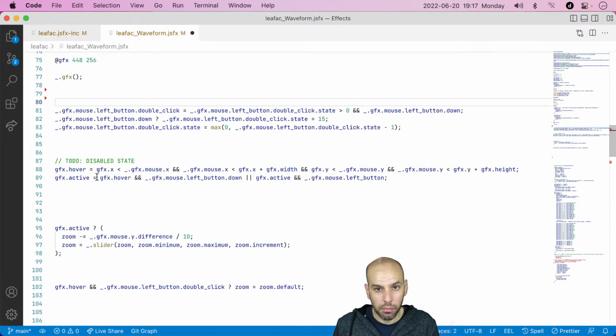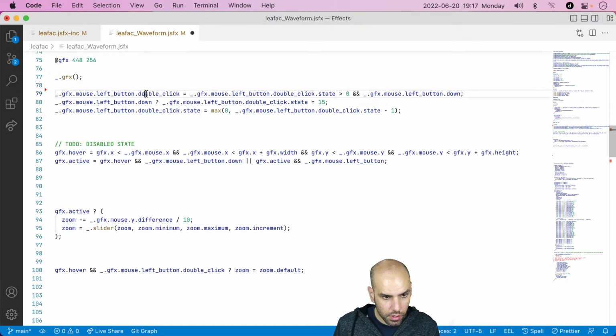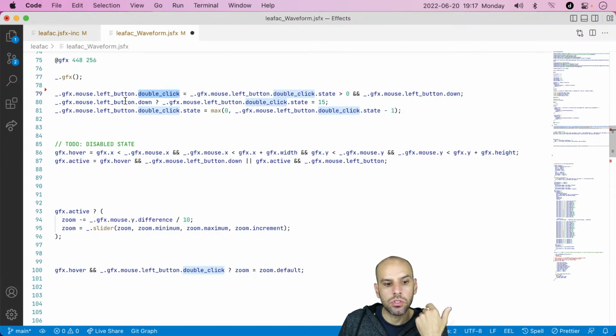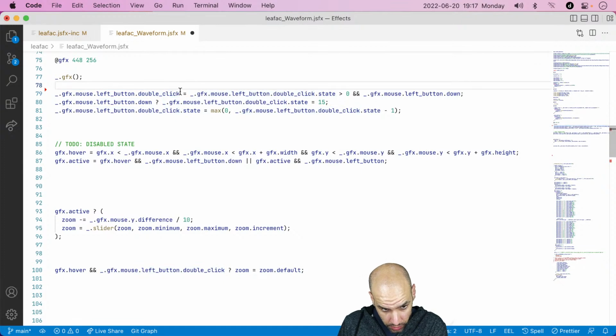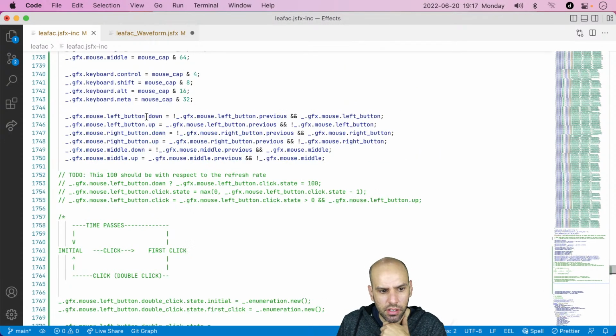My goal here is to clean this up for this to look like an effect again, not part of the library. Okay, so next we have more events. Let's look at how this works and then bring it into the library. Naturally, this is for double click. So how do we know if a double click is just occurring? Okay, so this is an event, not a state. It's an event. Perhaps I should have an event in the name here,